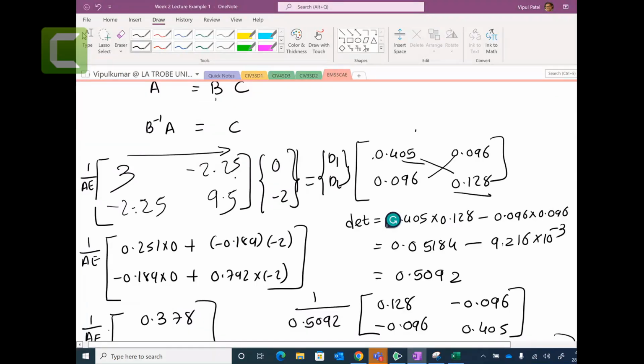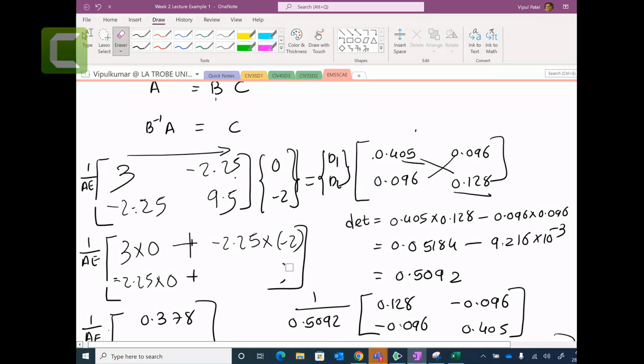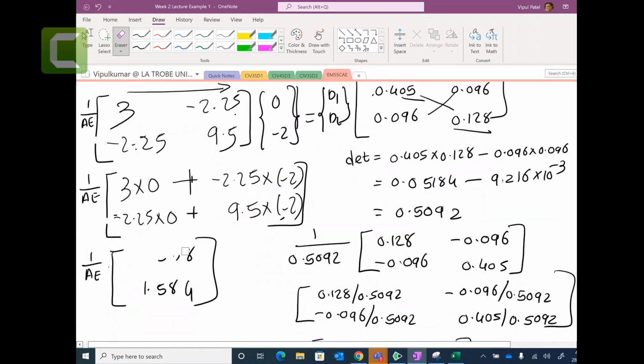2.25, 9.5. Now we can do the same thing here. 3 times 0 plus minus 2.25 times minus 2. And this one here, minus 2.25 times 0. And you got 9.5 times minus 2. So let me check. Yep, that looks good. So here you get 4.5 and here you get